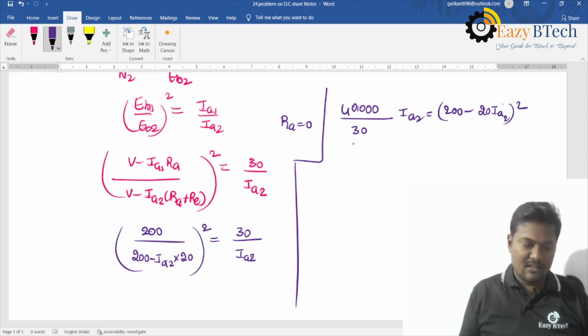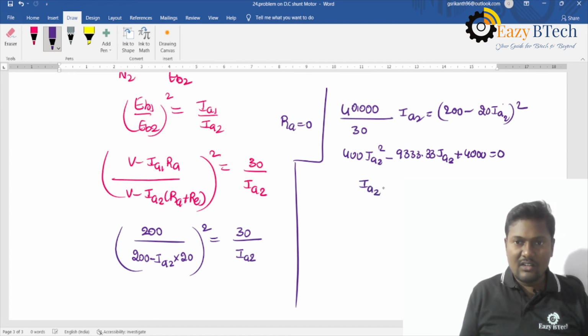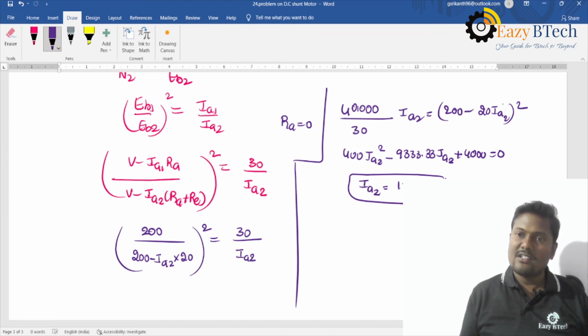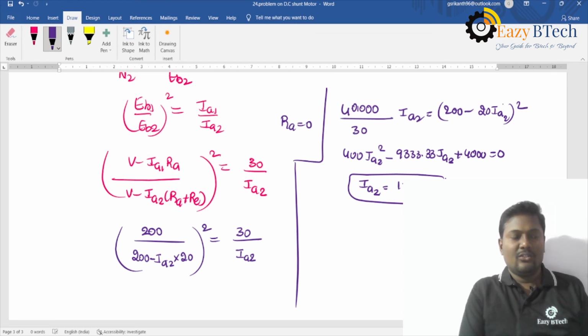If you expand this, finally I got 400 IA2 square minus 9333.33 IA2 plus 40,000 is equal to 0. Then finally I got IA2 is equal to 17.67 amperes. And one more value is 5.67 amperes. So these are the armature current values, but